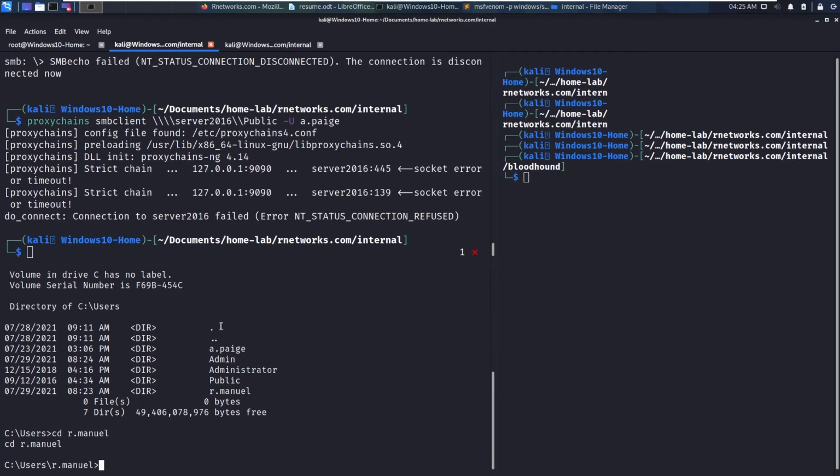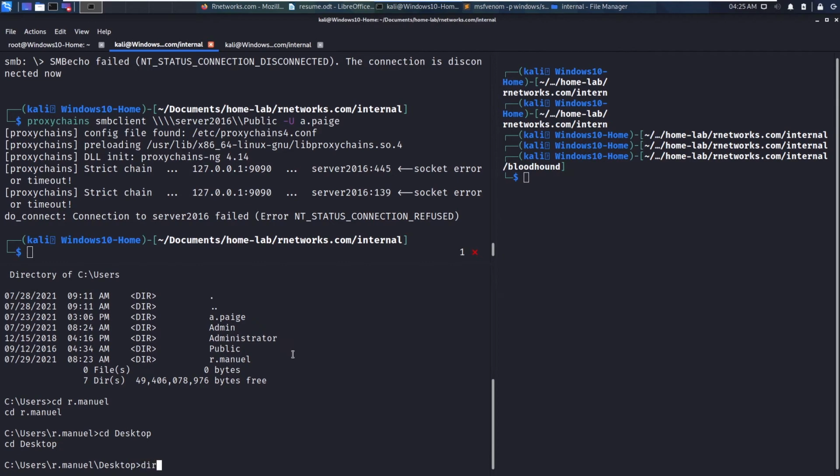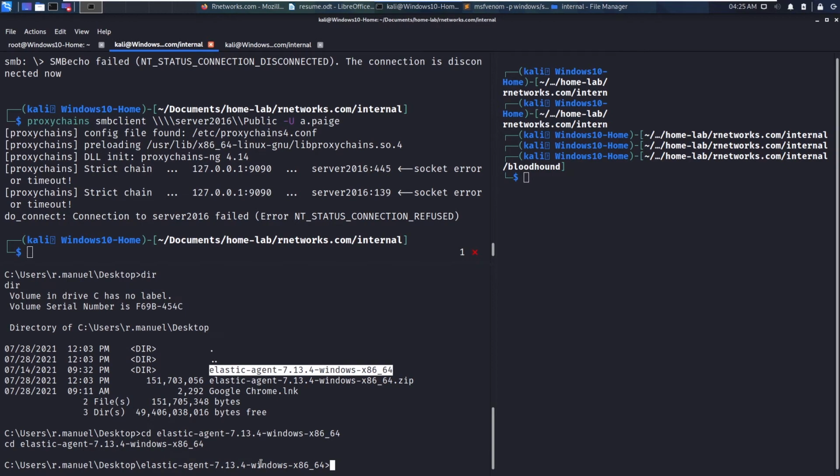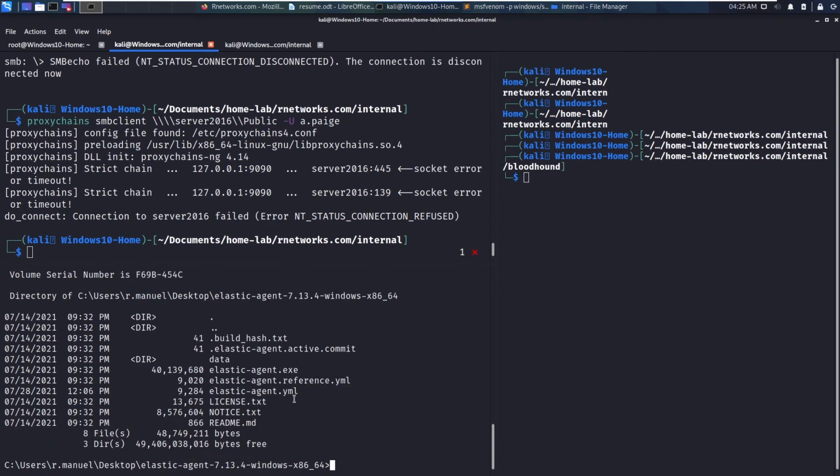From here we will try to exfiltrate a lot more information as our user. We can go to its desktop and dir. It turns out there's a folder here, an elastic agent. They could be enabling some kind of SIEM, which uses Elasticsearch. Inside here, we can find an Elastic Agent config.yaml file. So if we type that file here,